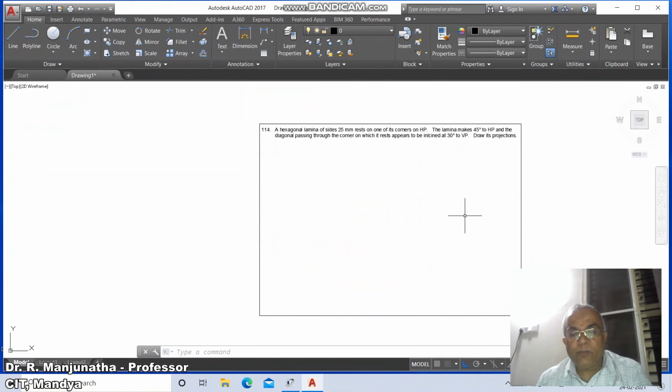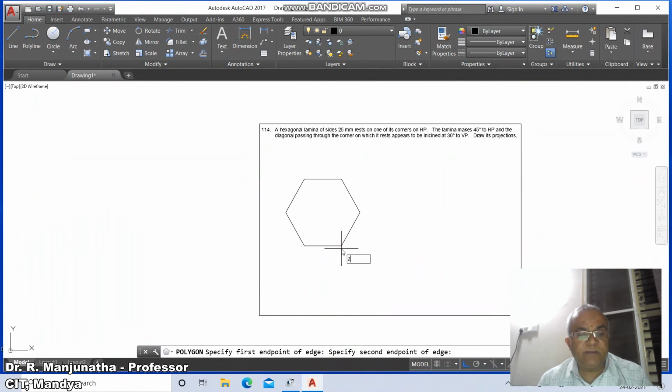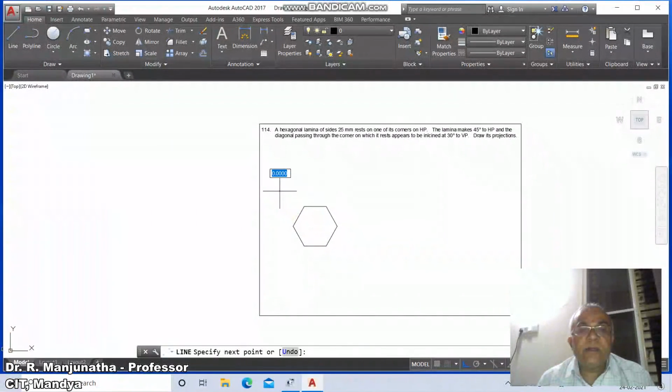Now we go for polygon. Since it is a hexagonal lamina, you take 6, take the edge option, select some arbitrary point on the screen and take the distance as 25 and say OK. Then go to draw a line, draw a horizontal line to some distance and go to line, take the intersection point of this and perpendicular to this